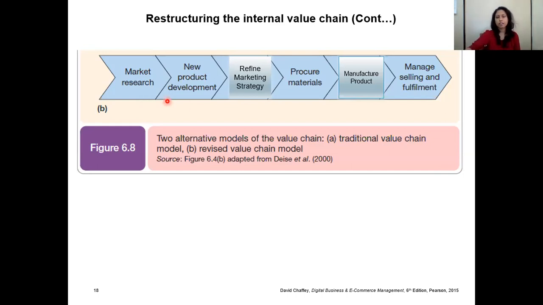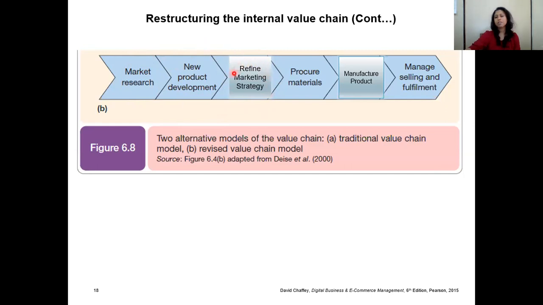Then the next thing, after market research, the organization moves on to new product development. So based on the inputs or based on the facts and information you gain from market research, the organization can now safely move to develop a new product based on the information gathered from the market. Then,